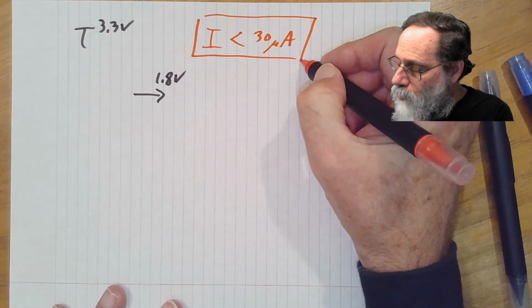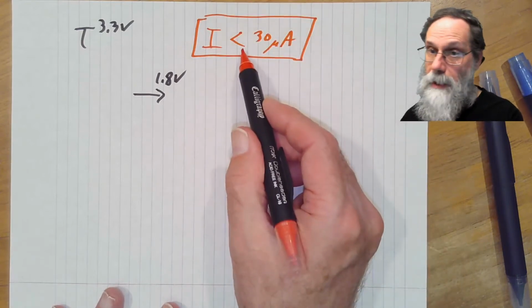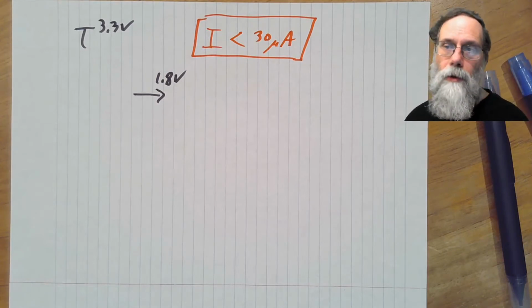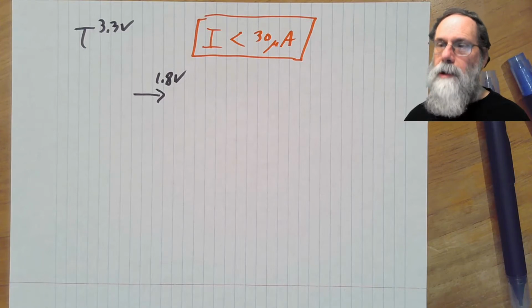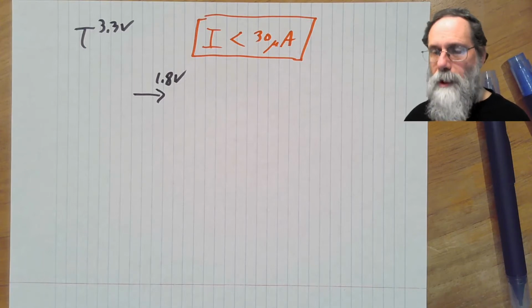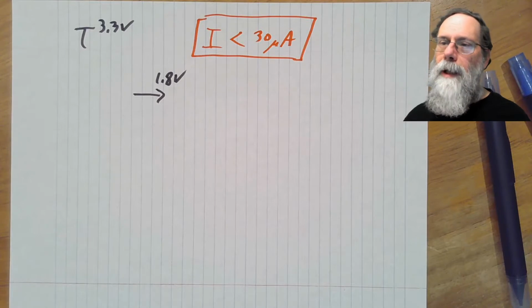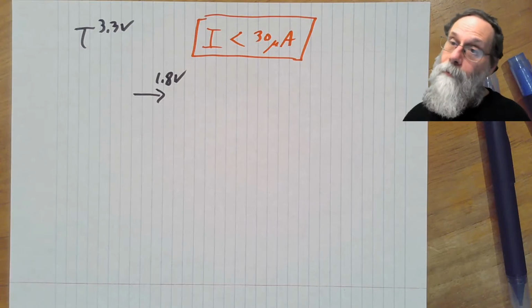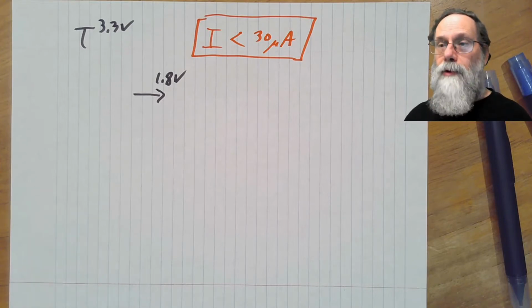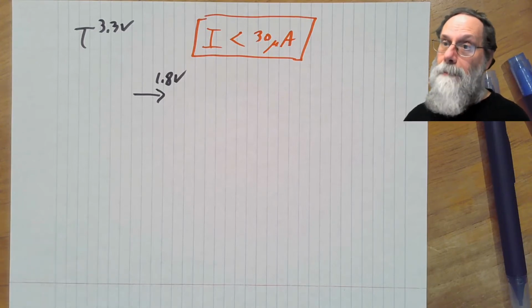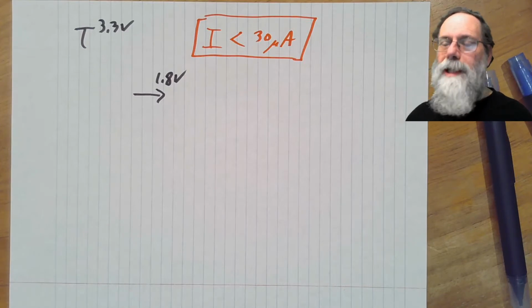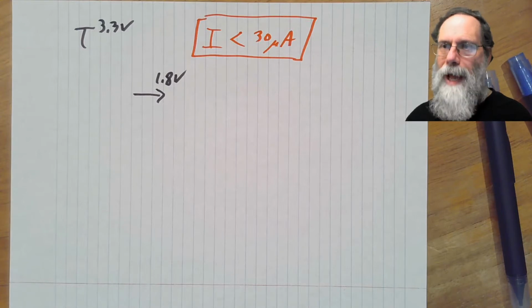Now, notice that this constraint is an inequality, not an equality. And that's a very important thing to keep in mind, that constraints are inequalities. And you should always represent them that way, because when you manipulate them, move things from one side of the inequality to the other, you have to keep track of which direction it points. And if you try and do it as an equality, two things will go wrong. One is you might get confused about whether that's the minimum or the maximum you're allowed. And the other thing is that you will try to go always right to the edge of your constraint. And that's usually bad design practice.